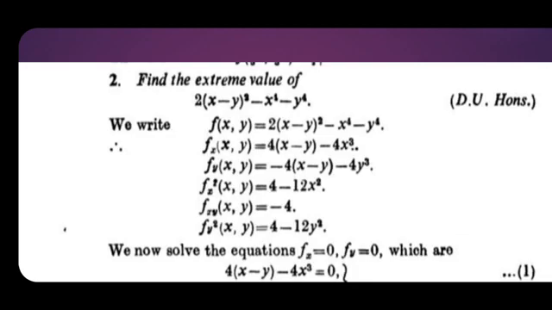Now if we take the conditions, what is that? fx is equal to 0 and fy is equal to 0. Here we have fx, what is that? 4 into x minus y minus 4x cube, and minus 4 into x minus y minus 4y cube, equal to 0. We take these both equal to 0. Then if we add these two, in equation 1 the first term is 4 into x minus y and the other is minus 4 into x minus y. If we add this, both get cancelled. So finally we have only minus 4x cube minus 4y cube is equal to 0.